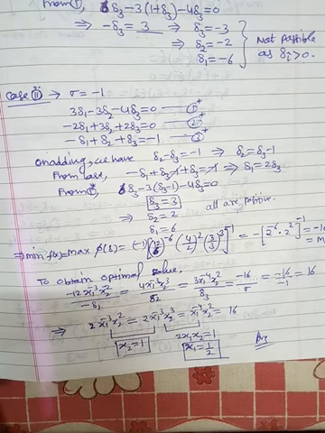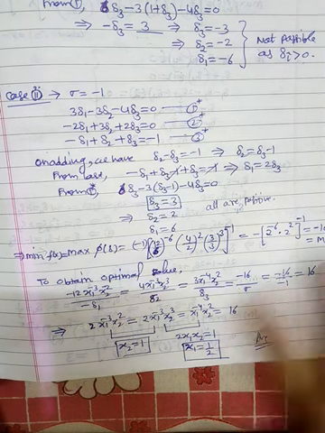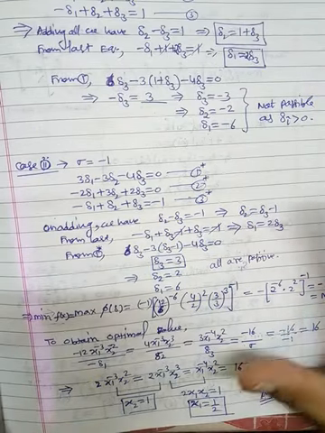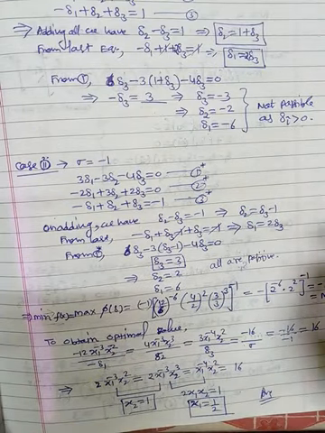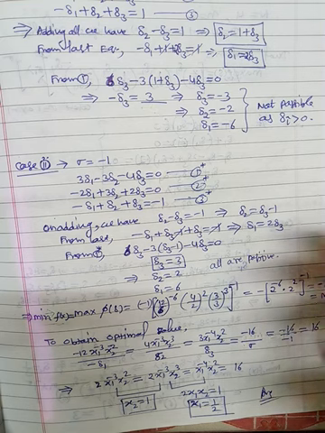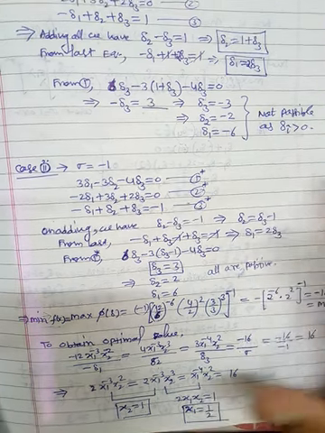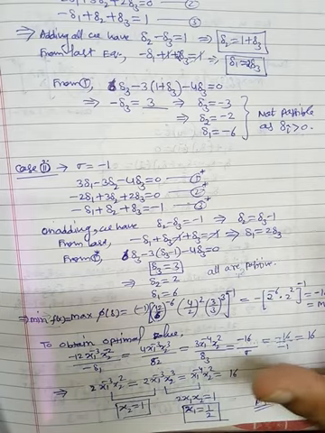So I think you understand this procedure, how to solve the generalized unconstrained optimization problem with the help of this signum function. This is the example. So now your geometric programming is over. Now in the next video we will discuss dynamic programming. So in the next class we will discuss dynamic programming. Okay, thank you.